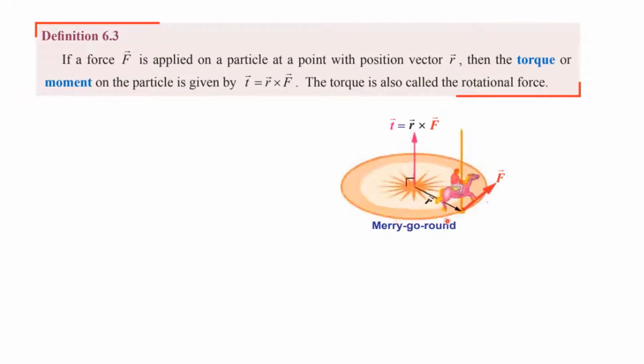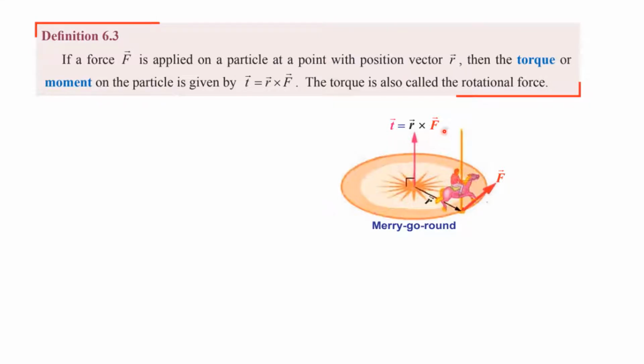Consider a merry-go-round. A lever is held at the axis with a certain length. If force is applied on the lever at this point, the lever will begin to rotate about the axis. The resultant force at the axis is called torque. This is measured using vectors. R is the vector of the lever and F is the vector of force which is applied, and the resultant vector, which is torque, is 90 degrees perpendicular to R and F,